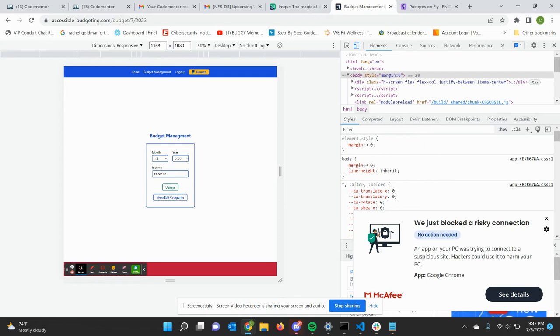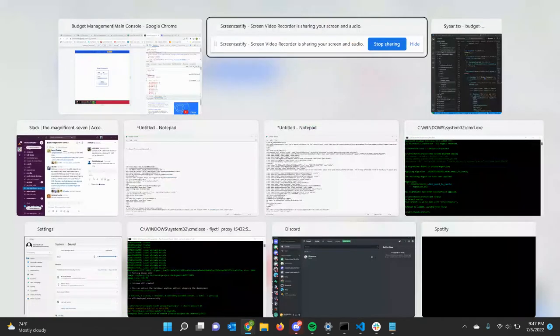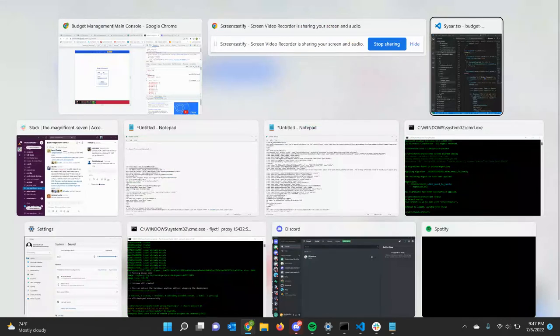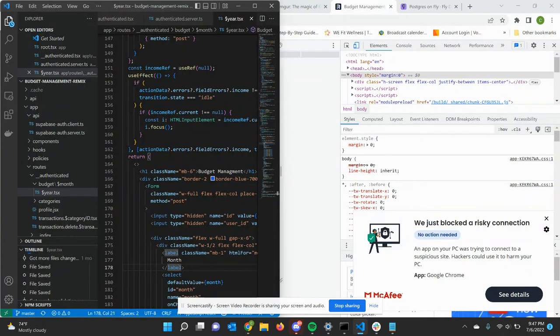Now I'm going to go over here to my code and show you. All you need to do to achieve that is to put a label tag around